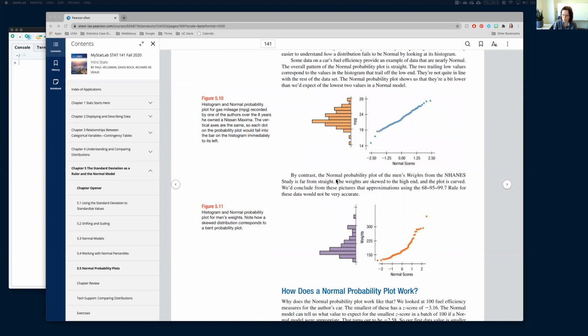as opposed to this one, which was a different plot about weights. Okay, and so from the histogram, we can see that this data is a little bit right skewed, right? It still has one mode, but it's got this longer tail on the right-hand side, or I guess the top-hand side in this case. And so when we go through and plot our normal probability plot, or QQ plot, okay,